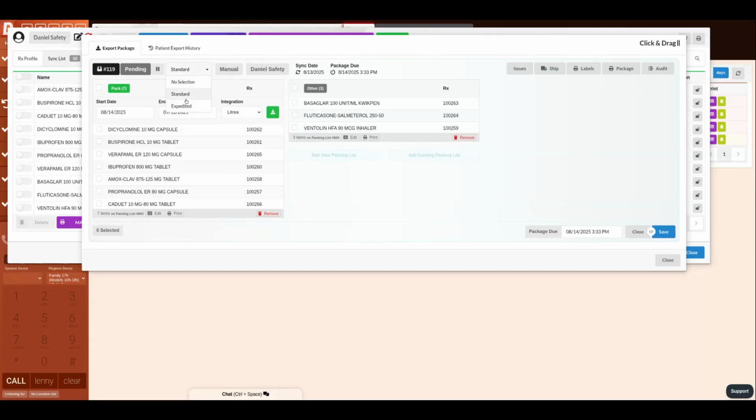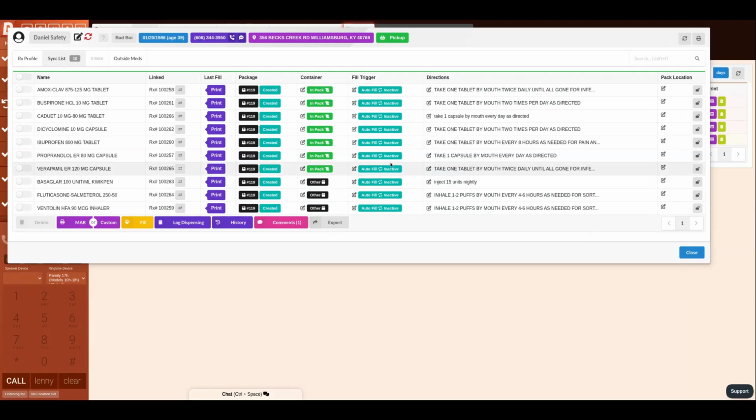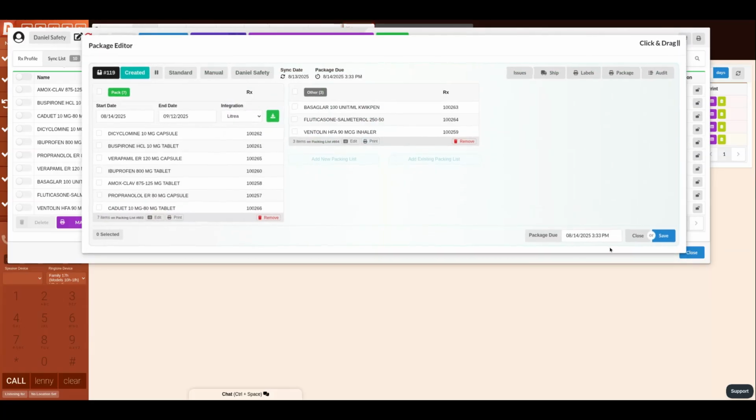We also have standard and expedited package options, so you can expedite it or keep it standard. You can pause and unpause a package to let people know that the package is waiting on something and you don't want to move it forward in workflow. And when you're ready to create a package, you're going to change the status to created. And when you save that package, you're going to see that the package section shows up here, and you can even click on the package to edit the package